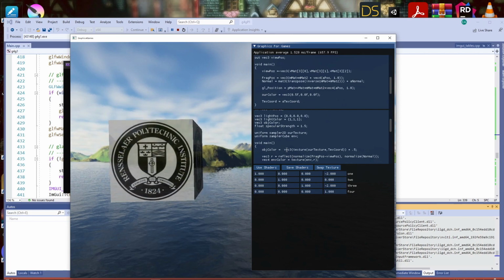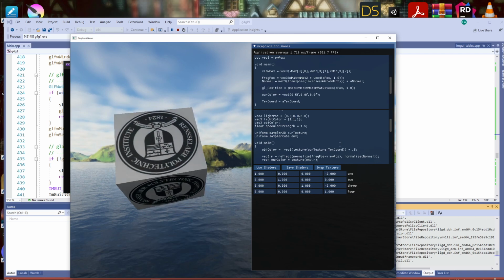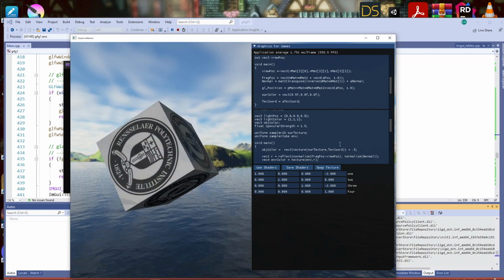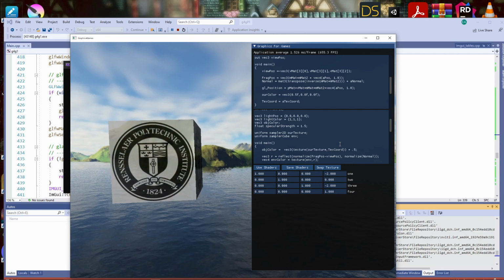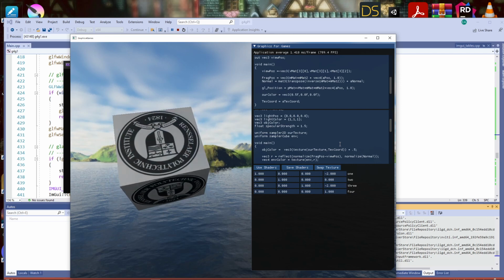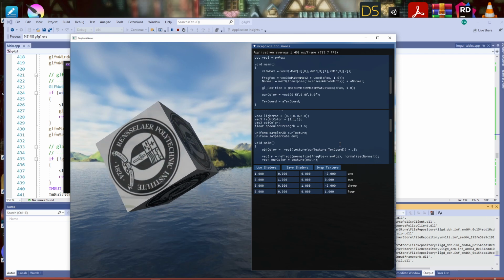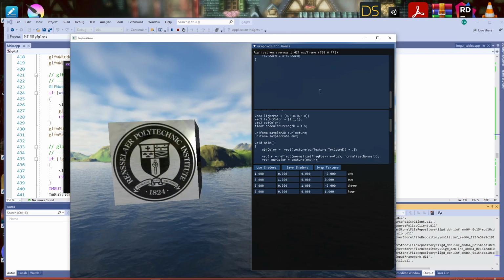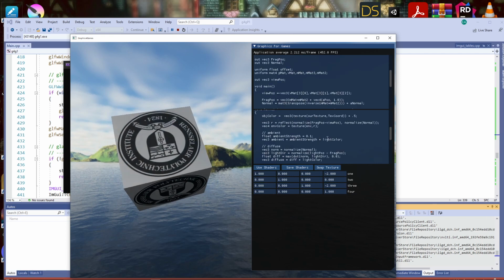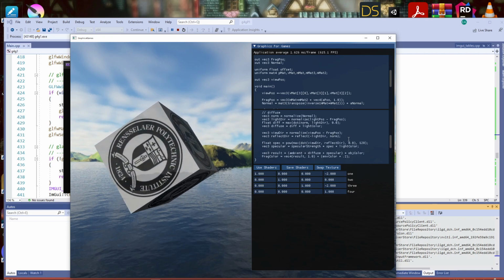So here we have our good friend now, hopefully our good friend, the RPI spinning cube. And maybe we can simplify this cube a little bit for starters here.